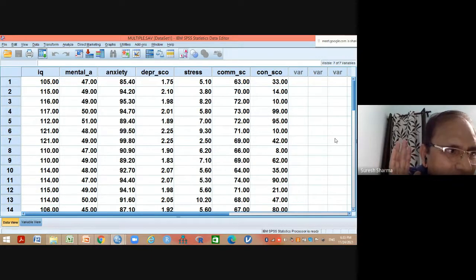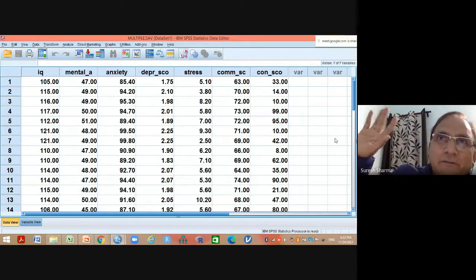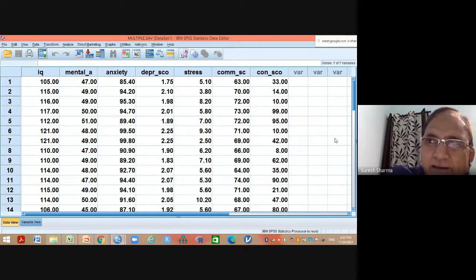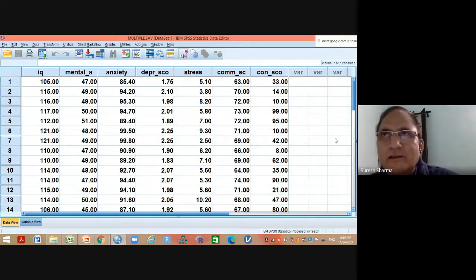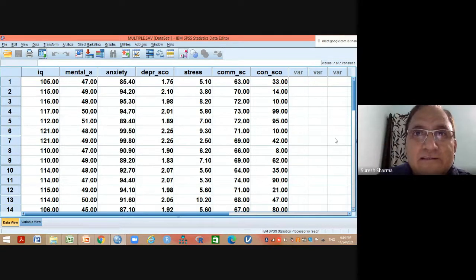Yes or no? Yes, sir. So in that case, adjusted R square will not increase. R square will go on increasing. But adjusted R square will only increase if the additional variable is making a significant contribution to predict IQ. So if there is a big difference between R square and adjusted R square, that means some irrelevant variables are there in your model. This is what you mean by R square and adjusted R square. It is not written clearly in any book. Hopefully I have made this clear.